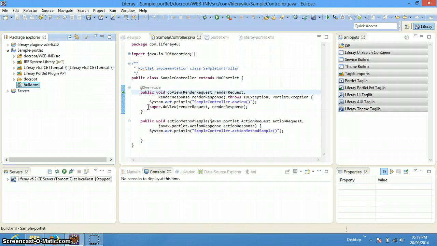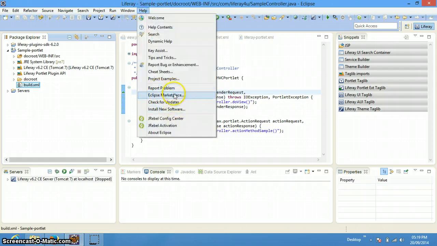But as soon as your portlet starts building up, your source code will get heavier, so it will start taking multiple minutes, and it may even vary up to 5 minutes every time you build. So in order to remove that, there is a hot code replacement tool provided by JRebel. JRebel is a plugin which helps you